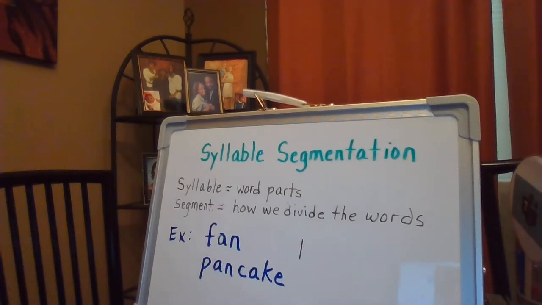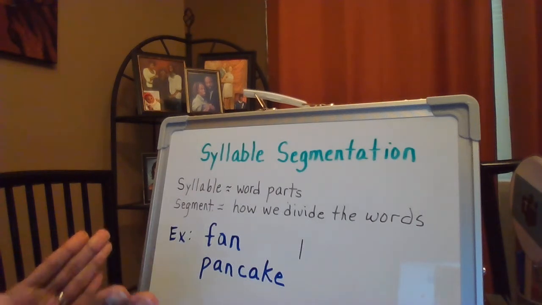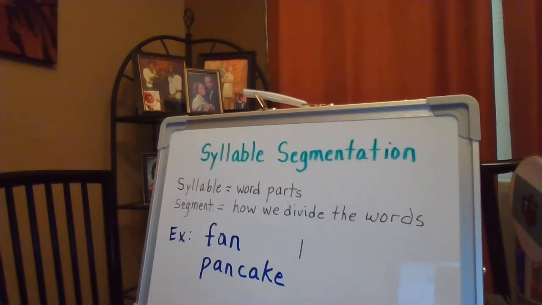How many claps did you hear? Let me try that again. Pancake. 2, right? So what that means is I just divided this word into 2 parts. Pan has 1 syllable. Cake is another syllable. So the word pancake has 2 syllables. It's been divided into 2 parts. This is part 1, this is part 2. Whereas fan